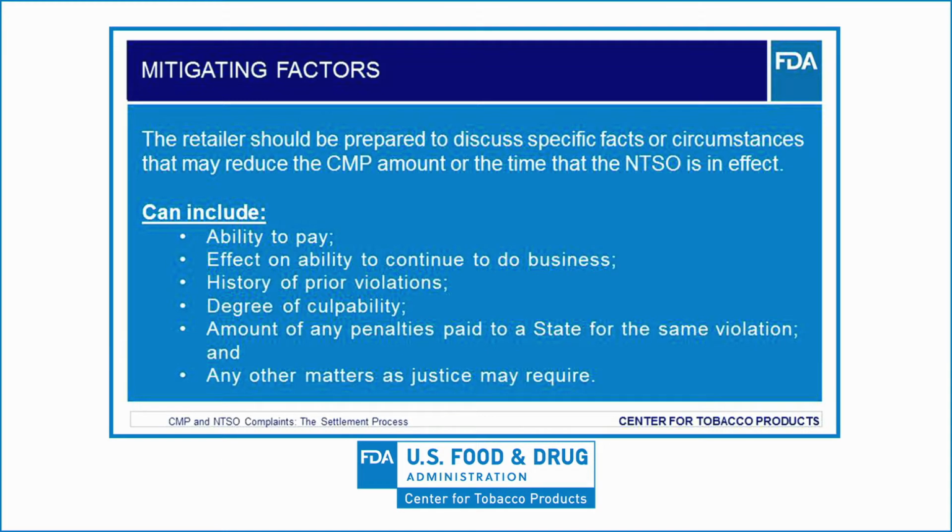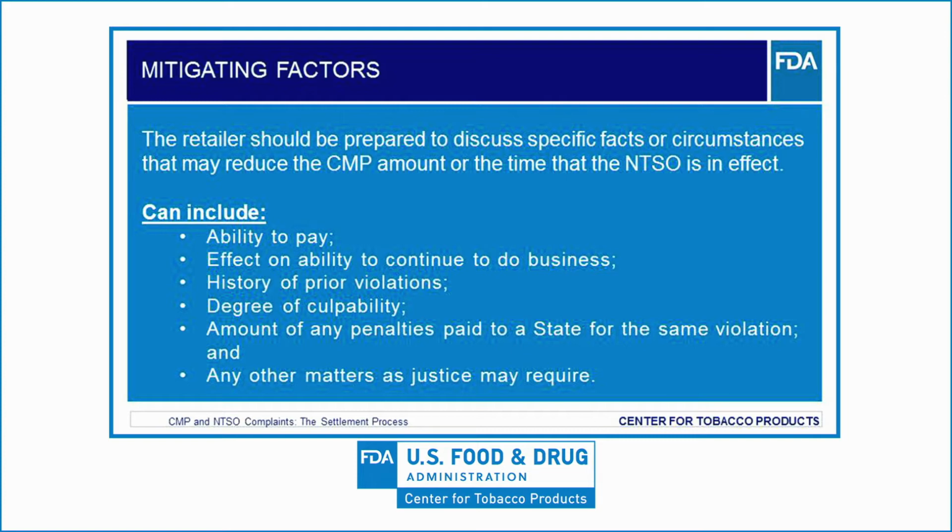During the settlement conference, you should be prepared to discuss any specific facts or circumstances that you feel should reduce your CMP amount or NTSO period. These are called mitigating factors. The following are some examples of information or facts that might be considered during settlement discussions. These factors are also the same factors that the administrative law judge, or ALJ, would be required to consider at